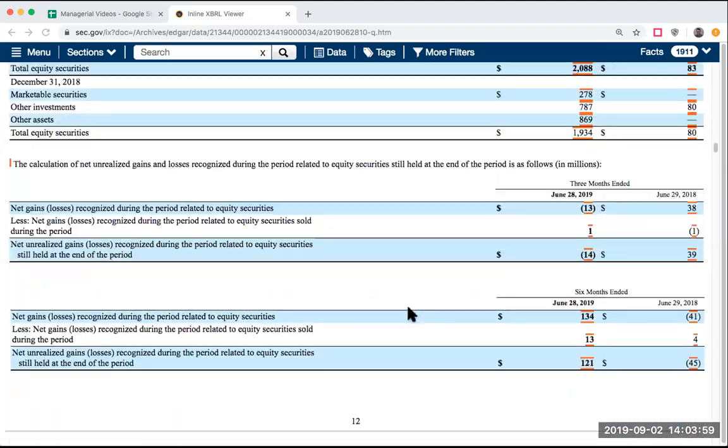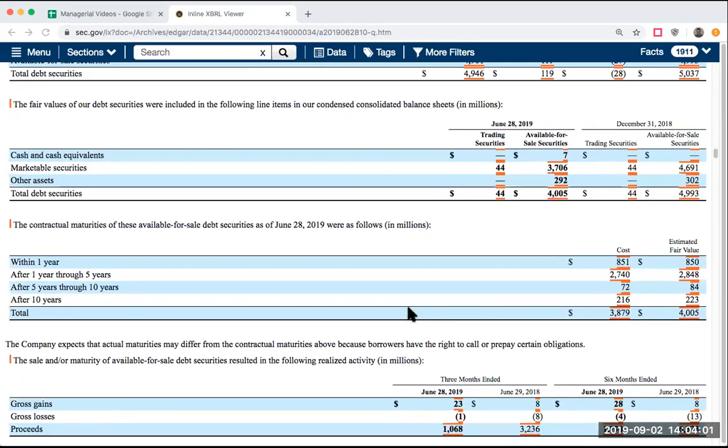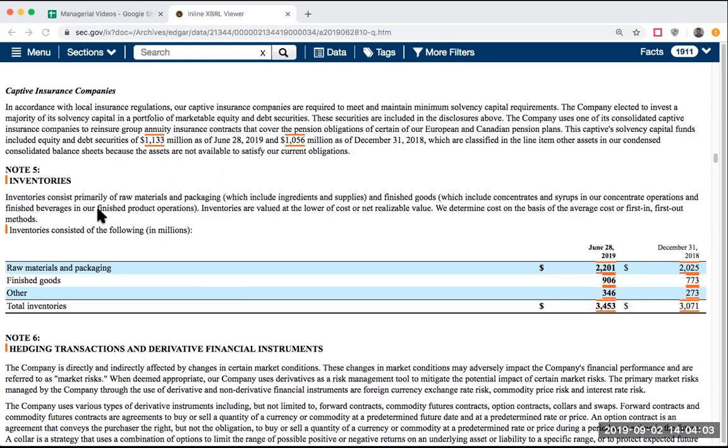If I come down here, let's just keep going. Inventories, note 5. Inventories consist primarily of raw materials and packaging, which includes ingredients and supplies, and finished goods, which include the concentrates and syrups in our concentrate operations and our finished beverages in our finished product operations. Inventories are valued here. So what we're seeing is what goes into the inventories for